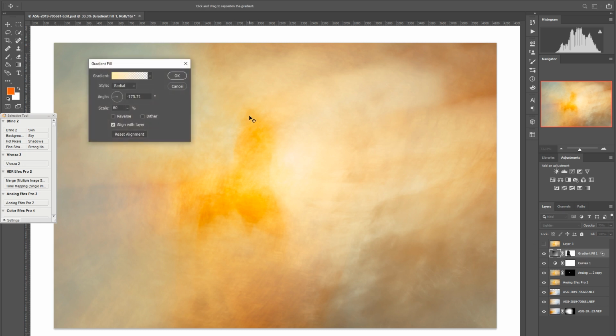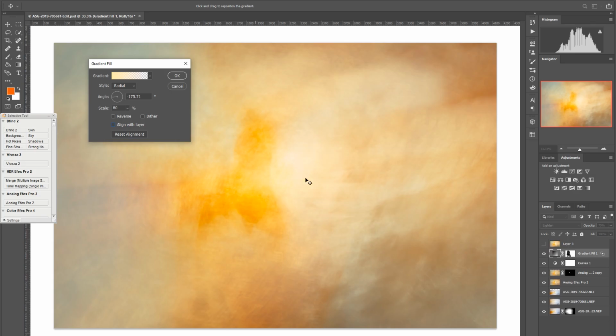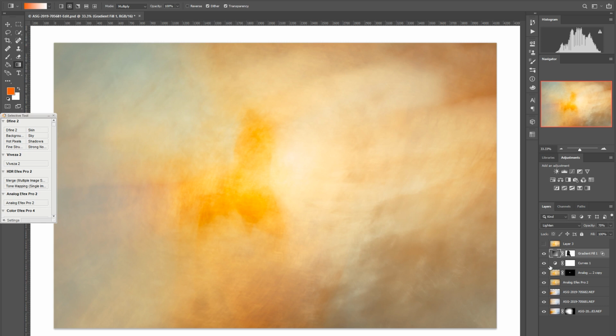So let's double click on the gradient fill layer. You can see it's on radial filter, so it is circular. The gradient is a very pale yellow, right through to 0 opacity. And that was basically just moved around and positioned right there. And obviously that was affecting the entire image. If I disable that layer mask, you can see it affects